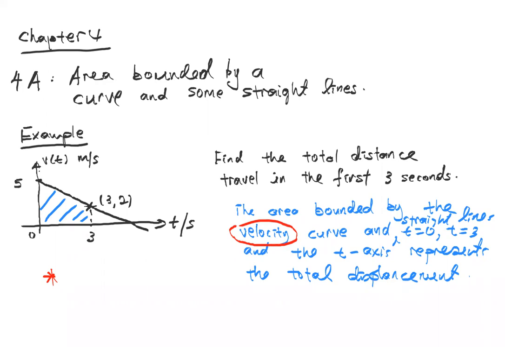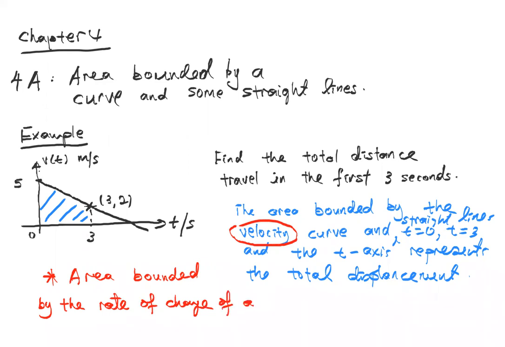Area bounded by the rate of change of a function, that is, we say f prime x,